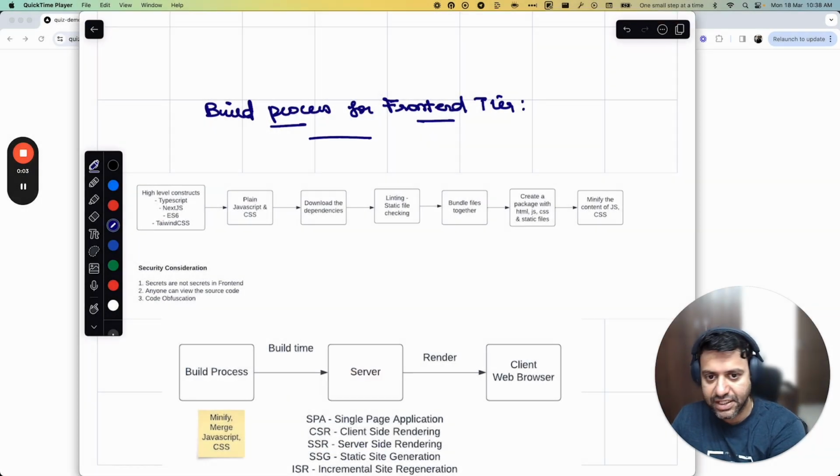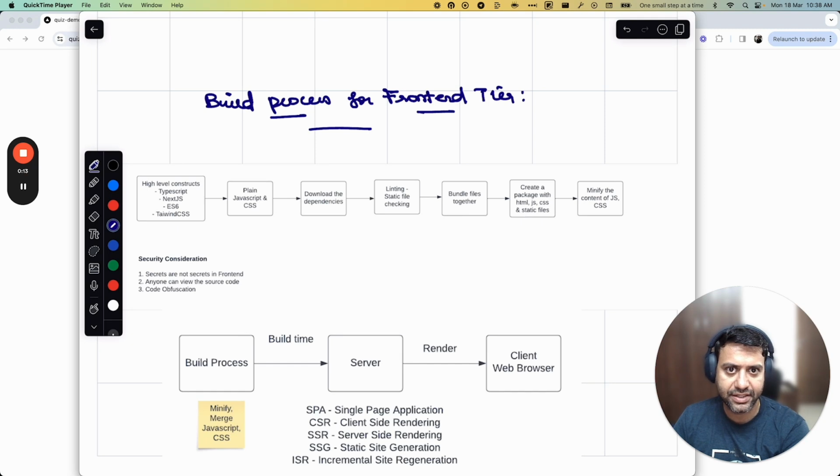Okay, so the build process for the front-end tier. These are the steps involved. It could be different tech stacks, like Vue.js or Next.js or a React application. It could be different front-end frameworks, but mostly all the modern JavaScript frameworks follow this structure. So the first one is high-level constructs. For example, to increase developer productivity, most of these modern JavaScript frameworks have a lot of high-level